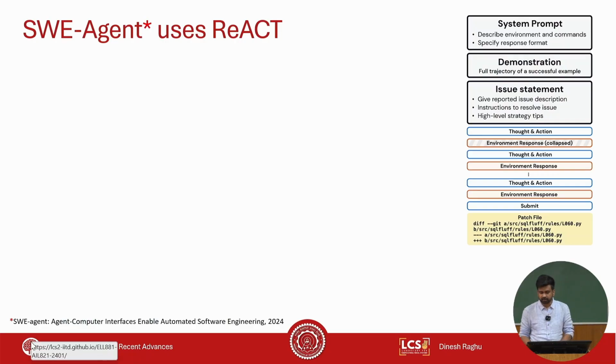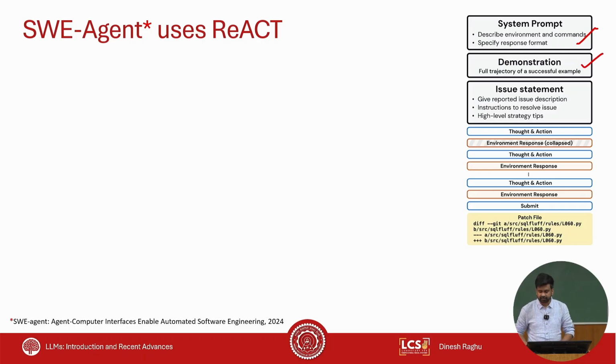So how will the prompt look like? The prompt will first describe the entire thing you're trying to build. Like if you're building a SWE agent, you will describe what the SWE agent is supposed to do, that you're an expert coder, you can do this, that, and since it's a React agent, you'll talk about all the action space that you're allowed to do and how to use them, right? And then in addition to that, you will also have to give some few-shot examples, right? So this is a system prompt which describes the problem and the action space and what the output should be like, and then you will have some few-shot examples, right, which are successful, of course not failures,